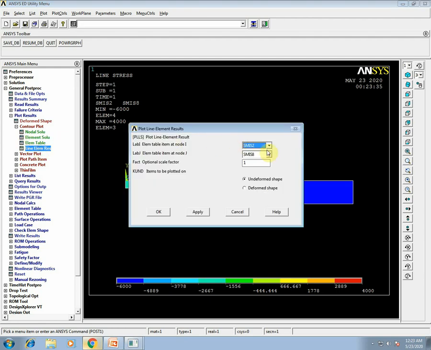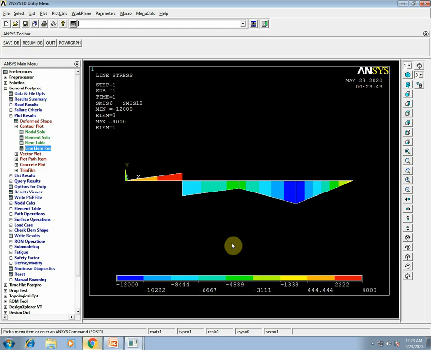And by taking the 6 and 12, you will get a bending moment diagram for the beam.